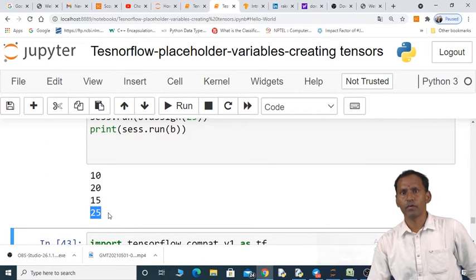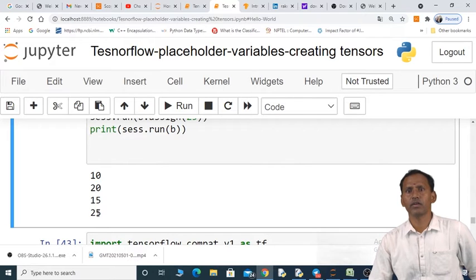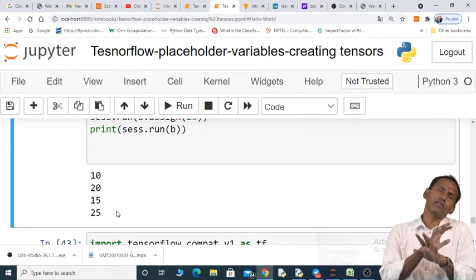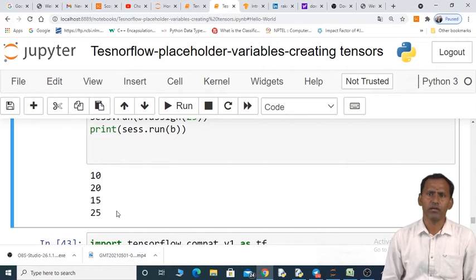See here, previously it was 20, now later it is updated to 25. So we can update the variable.